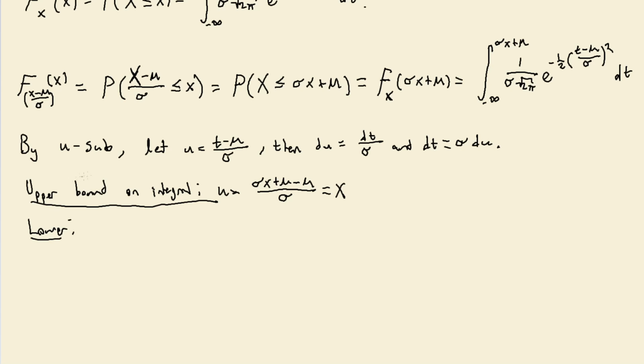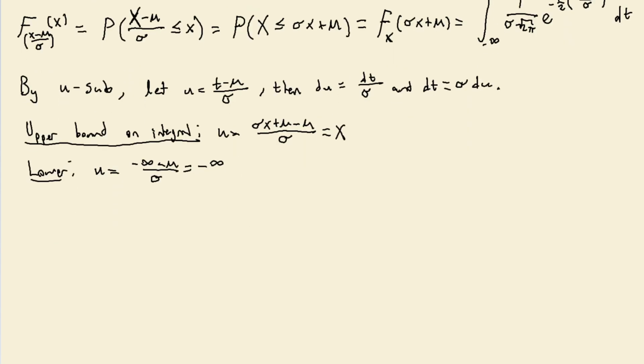The lower bound on this integral, I kind of missed that. We would plug in, it looks like, negative infinity minus mu over sigma. I'm sure you would just agree that this is also negative infinity. And so with all of this taken together, we have shown that the cumulative distribution function for this random variable